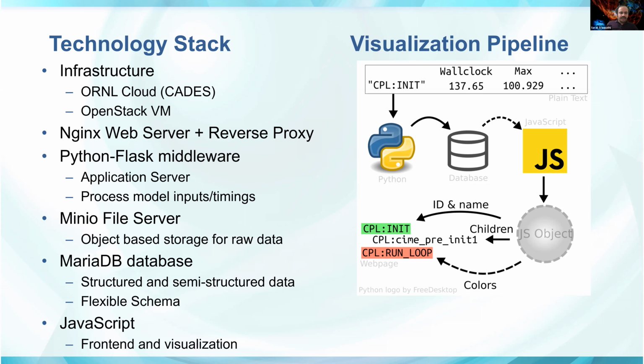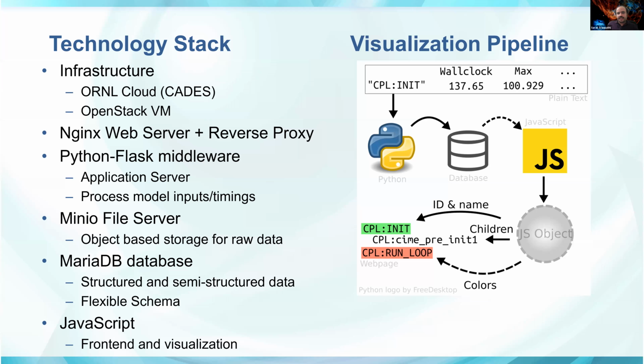And within that, we have various application components. So a primary web server, which acts as a reverse proxy. So this is the one that intercepts all the user requests as well as the data upload requests from the remote supercomputers. And then there is an application server written in Python using Flask. So that's the middleware layer which has actual processing logic for parsing those experiments, database ingest, as well as retrieval, and then sending the data out to the visualization layer for timings and plotting graphs and other things. And there is a Minio file server.